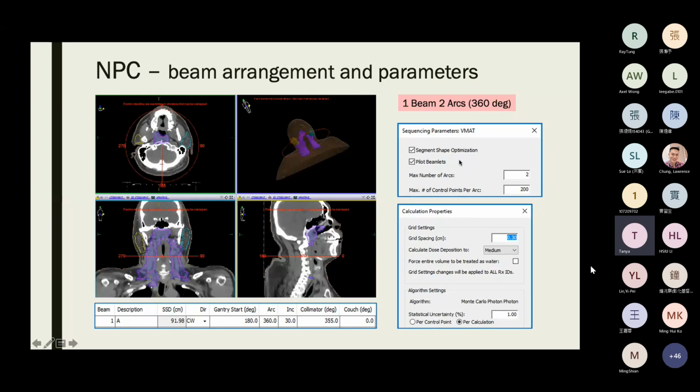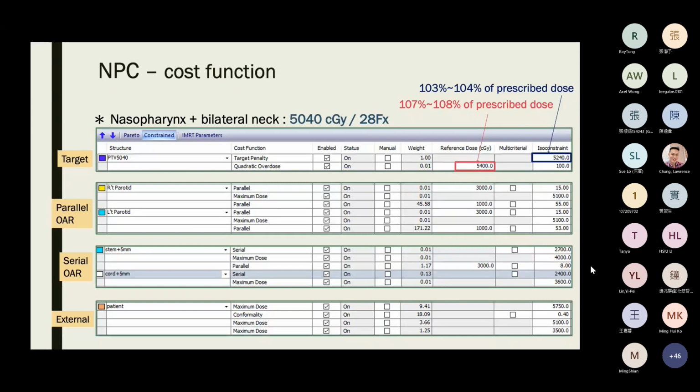但是其实 arc 越多，也未必结果会更好，我们发现大概 3 个 arc 已经是一个极限了。maximum number of control point per arc 的话，我们是根据原厂的设定给 200。在 calculation property 上面呢，我们的 grid spacing 一般是设 0.3 公分，除非是在 SBRT 或是 SRT 的这种 case，我们才会让 grid spacing 再减少。statistics uncertainty 的话是设 1% per calculation。NPC 在第一阶段照射 nasopharynx 加上 bilateral neck，它的 prescribed dose 是 5040。